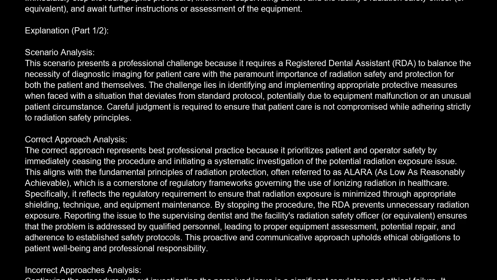This proactive and communicative approach upholds ethical obligations to patient well-being and professional responsibility. Incorrect approach is analysis. Continuing the procedure without investigating the perceived issue is a significant regulatory and ethical failure. It directly violates the ALARA principle by potentially exposing the patient and operator to higher than necessary radiation levels. This approach demonstrates a disregard for established safety protocols and a lack of professional vigilance, which could lead to exceeding